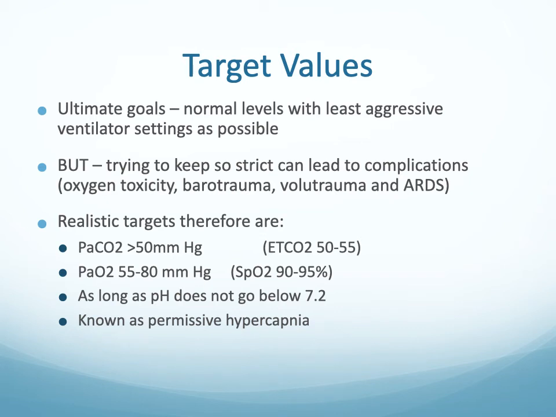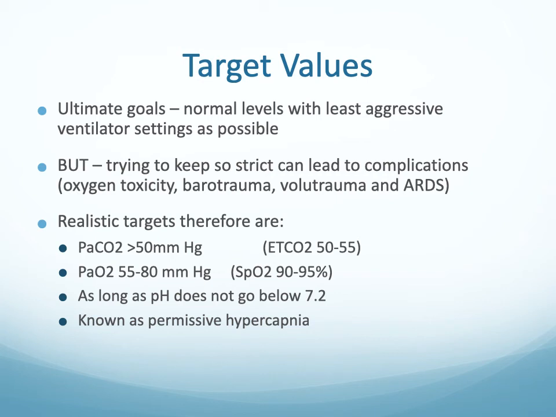Now those levels are absolutely fine on a ventilated patient as long as the patient doesn't become acidotic, and you can even get a little bit below normal. So normal pH would be 7.35, but as long as the pH doesn't go below 7.2,